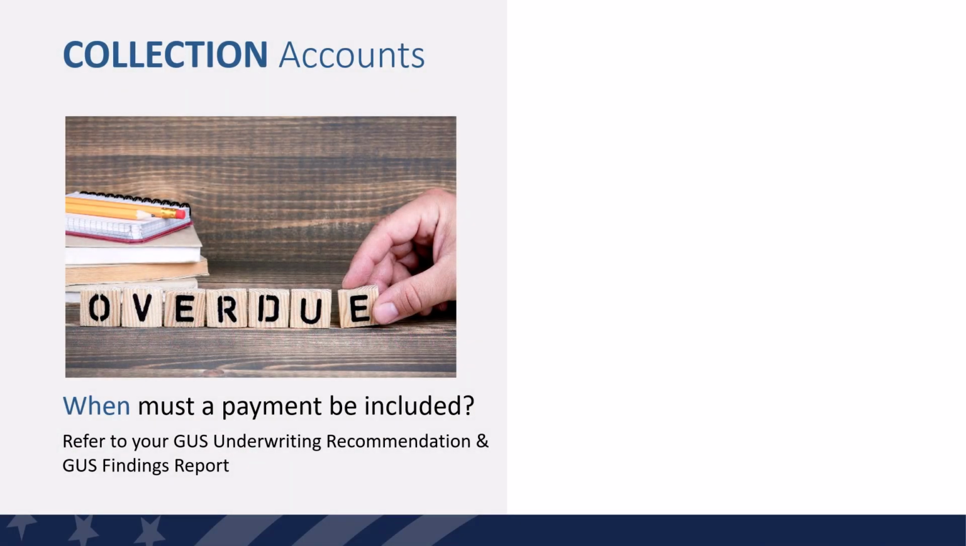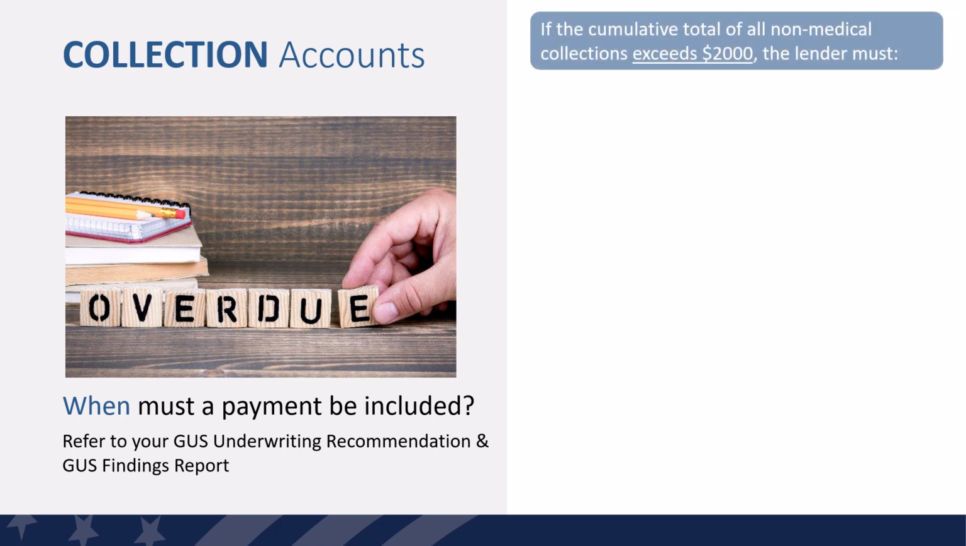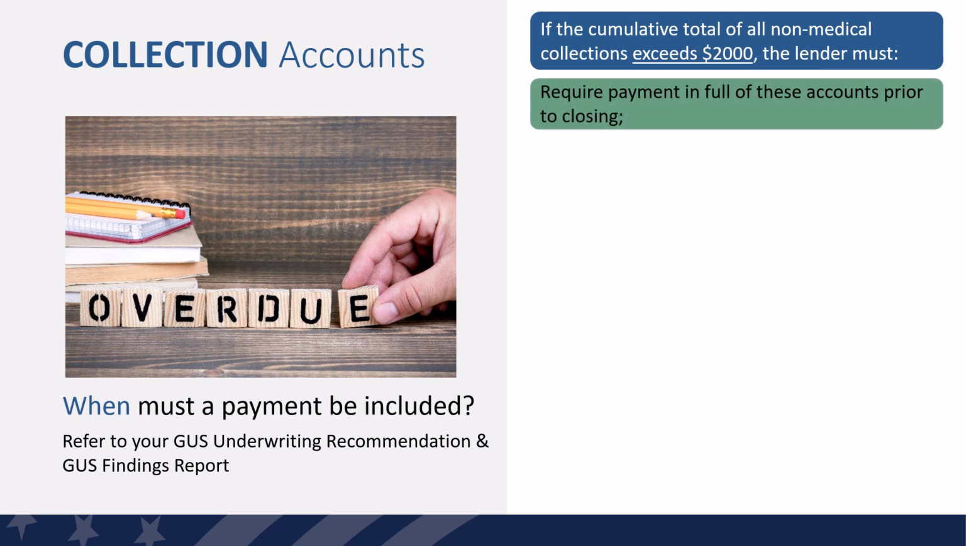Let's begin by taking a look at how to handle collection accounts for USDA loans. The underwriter must review all collection accounts and determine if the applicant is an acceptable credit risk, regardless of the GUS underwriting recommendation. In reviewing collection accounts, USDA does not require medical collection accounts to be paid. If the cumulative total of all non-medical collections exceeds $2,000, lenders will need to either 1. Require payment in full of these accounts prior to loan closing,